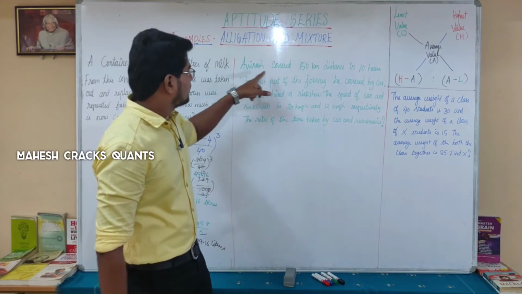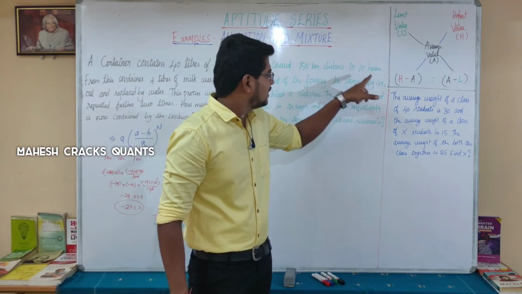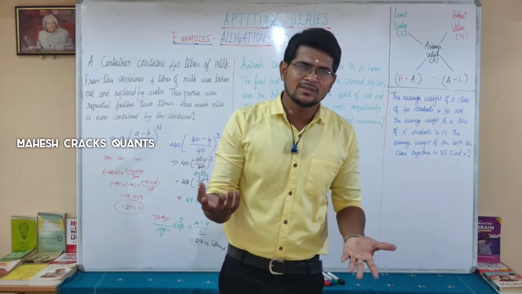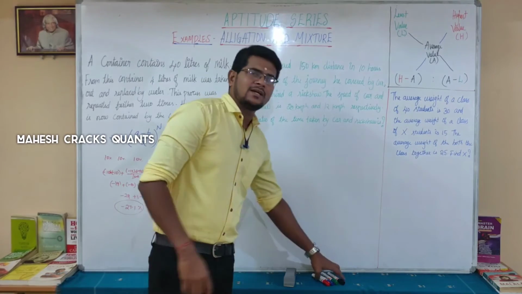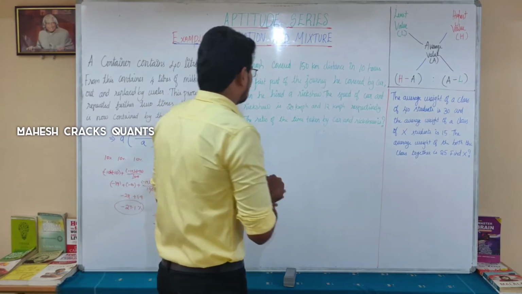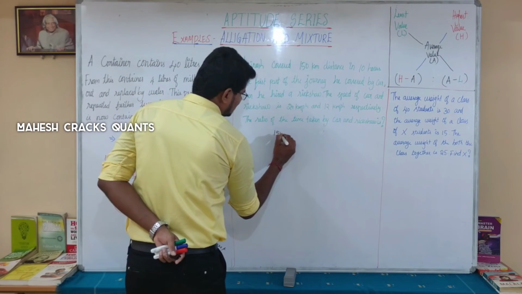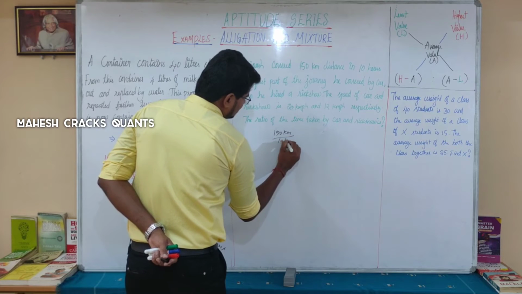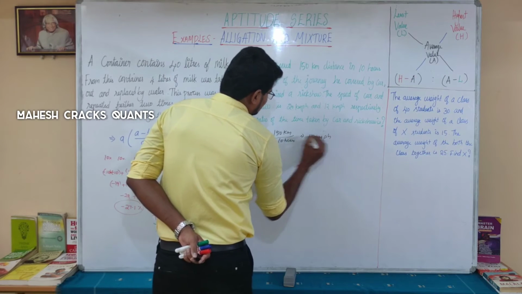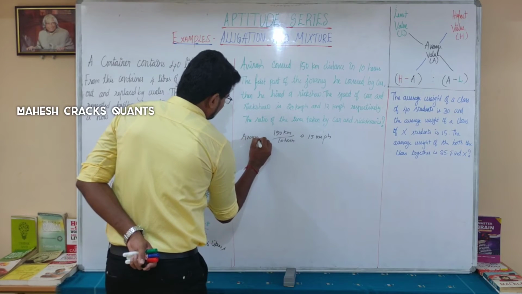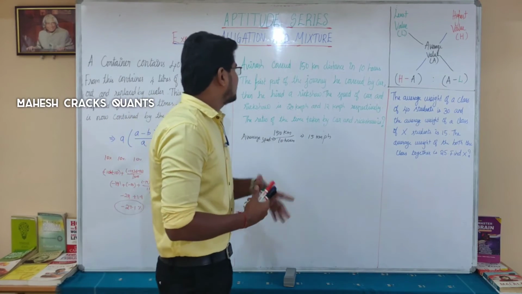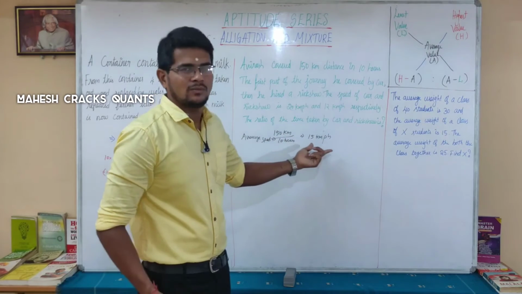Yes, exactly. Avinash covered 150 km in 10 hours. What is the speed? What is 1 hour speed? Which is average speed, distance by time, right? So total distance is 150 km and time taken is 10 hours. So total distance by time, 150 km by 10 hours will give you 15 km per hour as the average speed. So his average speed for the whole distance is 15 km per hour.